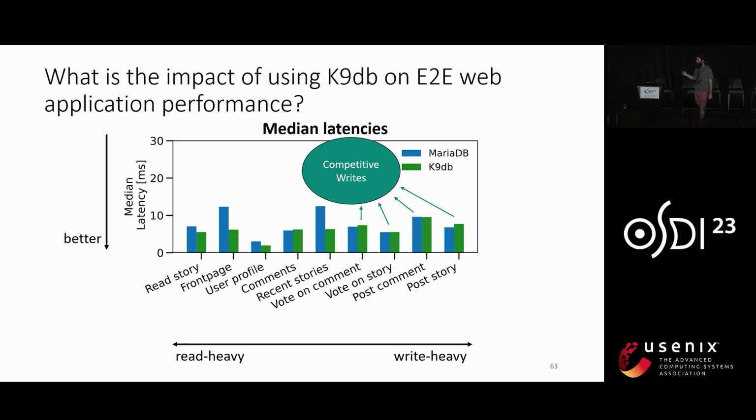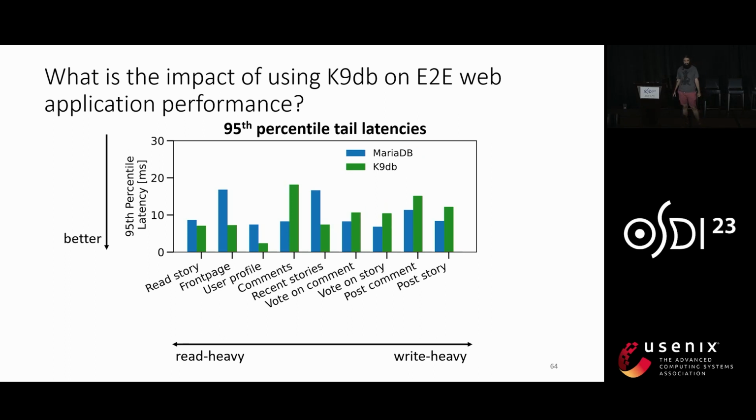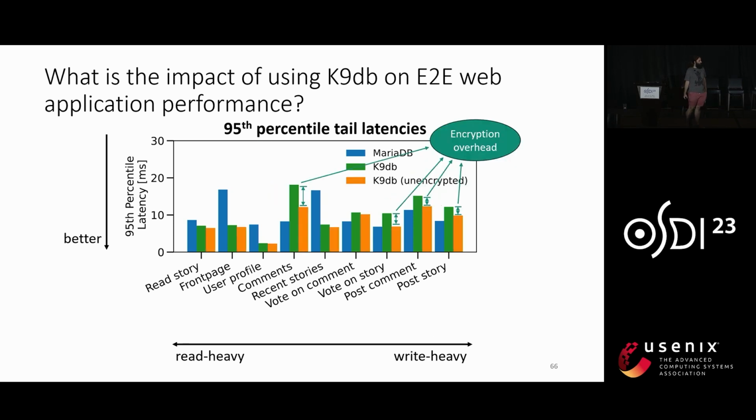Now, this was the median latency. Let's look at the 95th percentile tail latency. And here, the picture looks a bit different. We see that in the tail, K9db has more overhead on writes and in this comments endpoint. And to understand why this is the case, we ran the same experiment with an identical version of K9db with encryption disabled. And we noticed that encryption is a significant portion of the overhead on writes and in this comments